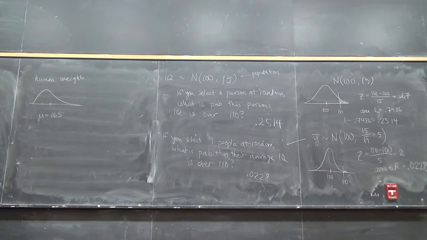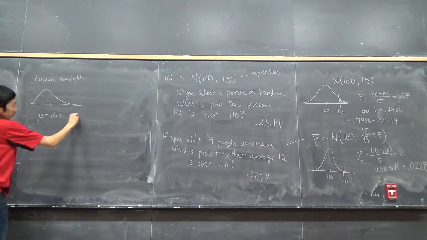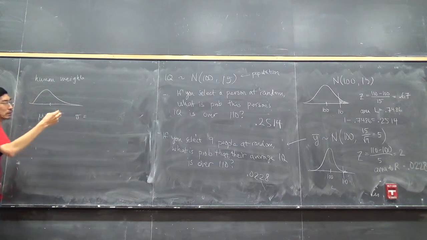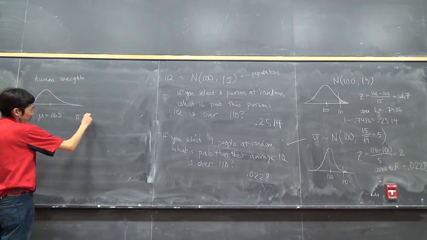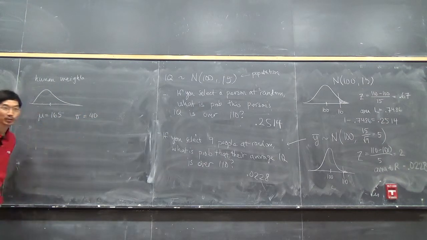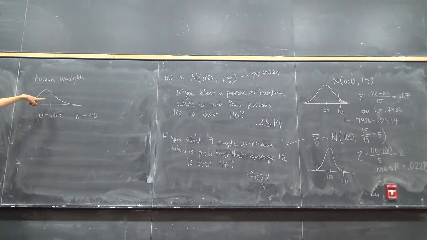And again, I'm making this number up, the standard deviation is 40 pounds. Again, I'm making this number up as well, so don't hold me to these numbers. So we don't know what the population looks like,